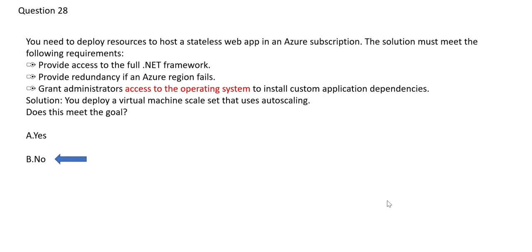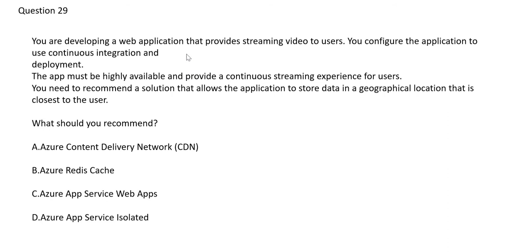Let's look at the last question for this video. So you are developing a web application for streaming video to users. So the first thing, like a technique to solve any question, is the moment you see streaming, you think about Netflix. The moment you see Netflix, think about CDN, content delivery network. Why? Because Netflix wants to display the content to you without any interruption, without any high latency. It wants to give you at very low latency so that it's instant.